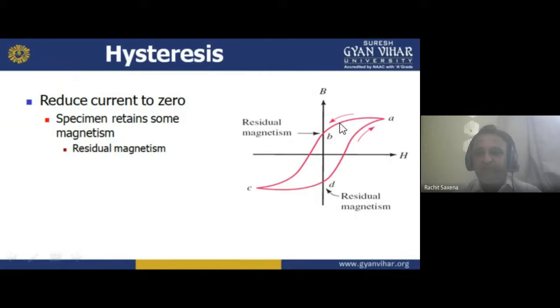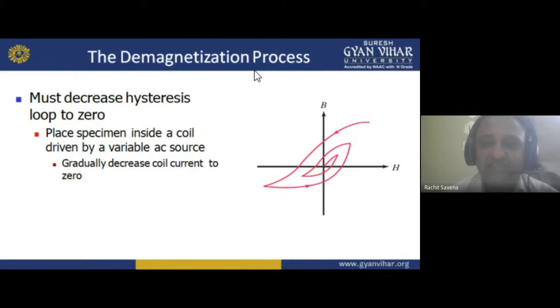Now see, it is magnetization, but after a point, it is demagnetized. See here again, its structure also looks like a leaf. So we can say it is a leaf curve, leaf structure. So that is your BH curve. Understand? That is the demagnetization process. As I told you earlier, we must decrease the hysteresis loop to zero. For a specimen in a coil, if I increase the current more than the saturation, what happens? It gradually decreases. Here the current increases but the flux decreases, meaning the demagnetization process.